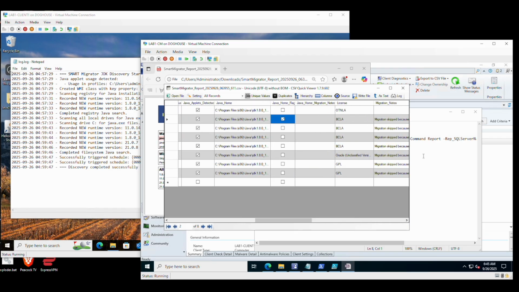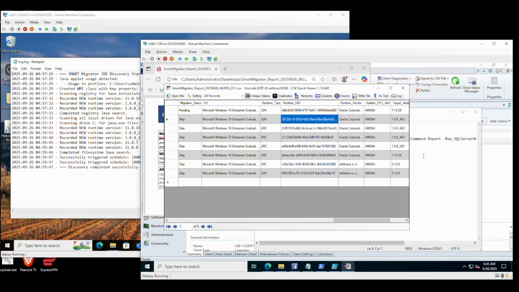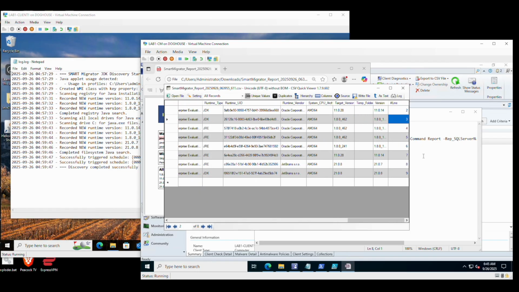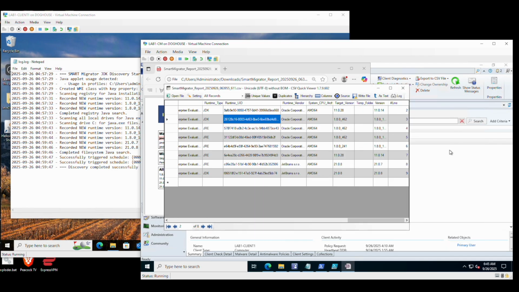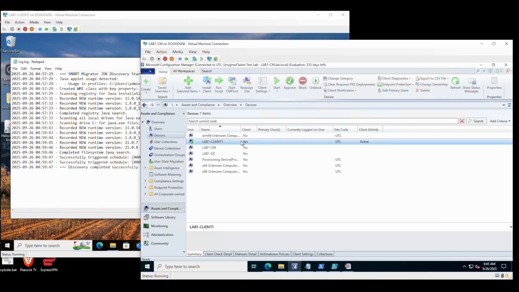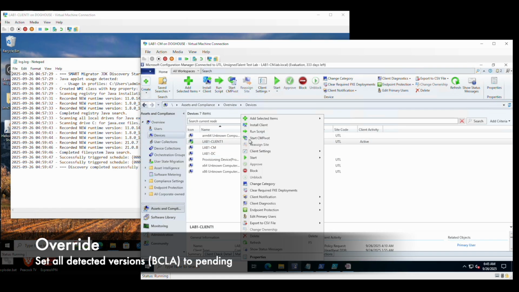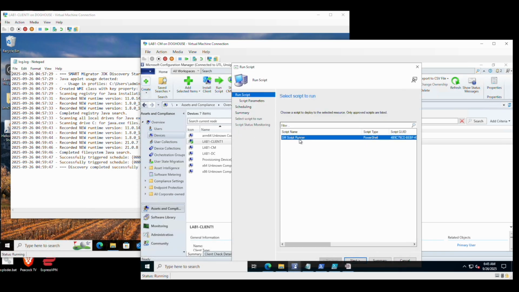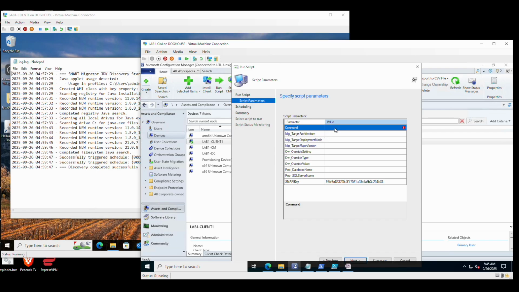We will focus on this Java Home later on, along with this other key of runtime UID, which will prove to be very important in targeting the correct version of Java used to run applets. But for now, we're going to move forward by looking at the script runner, which we've used before in our previous demo. We will make use of the override function using that same script runner, entering this as our opening